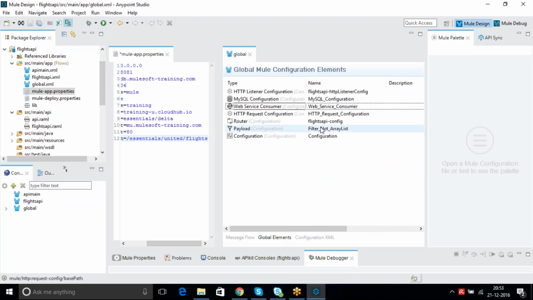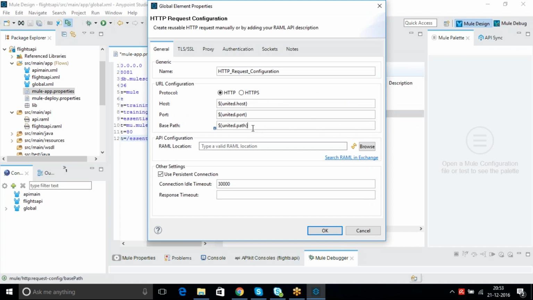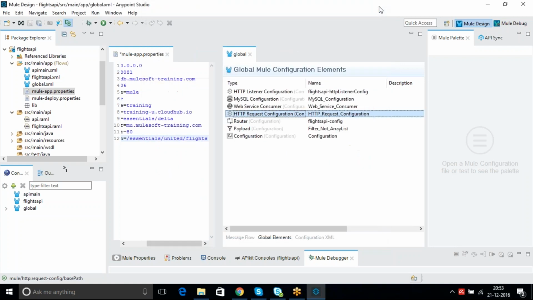So in that case, when you are moving from dev to QA to production, you have to go to your connector and change this configuration, right? So here you need to change the base path also. That will be difficult. Instead, you need to go into the code, edit the global element again, and deploy. That will be a difficult part. So whatever configurations you feel will get changed from dev to QA to production,